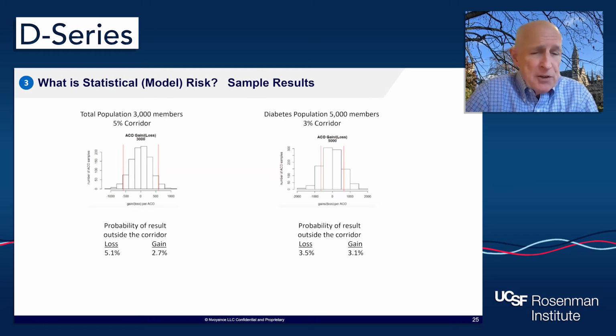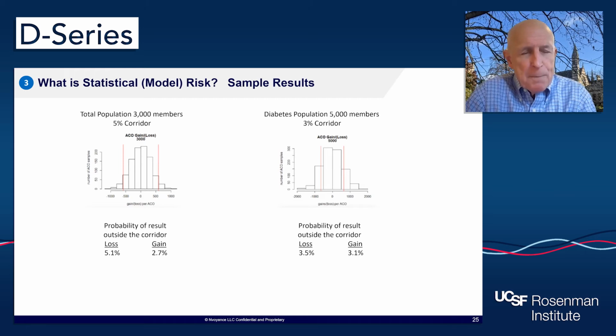And your probability of gain is about half of that. It's about 2.7%. So what does this mean in terms of how you contract? My opinion is what you should be thinking about is if there's a 5% chance that we're going to have to give back some amount of money in excess of 50% of $500, then that needs to be taken into